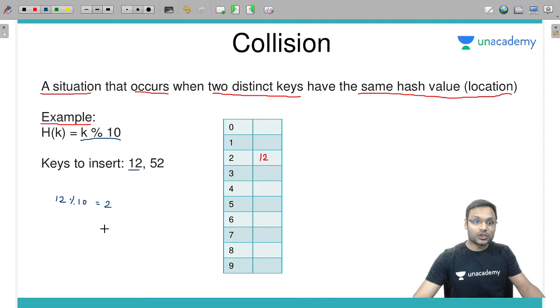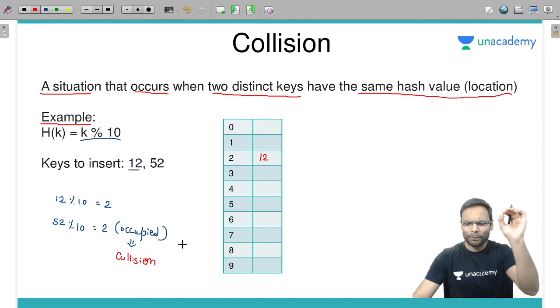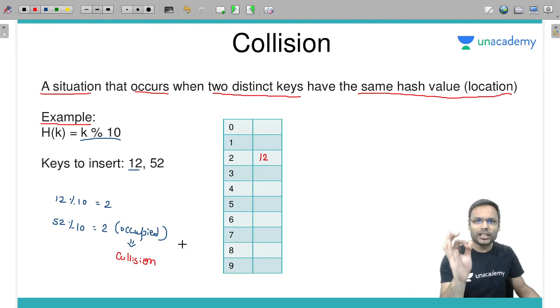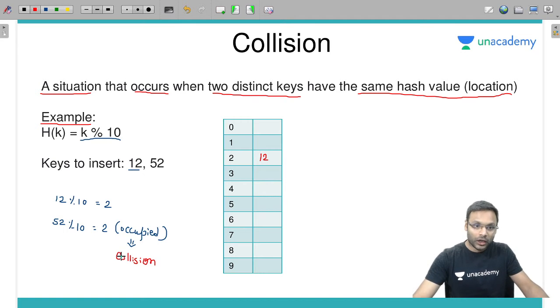Now the next value is 52. 52 mod 10 is equal to 2. It is already occupied. Yes, already occupied. If it is already occupied, then the problem is that here we have a collision. Here we have what? Collision. The simplest example, right? Now if you understood this particular thing, that there is a collision at location 2,